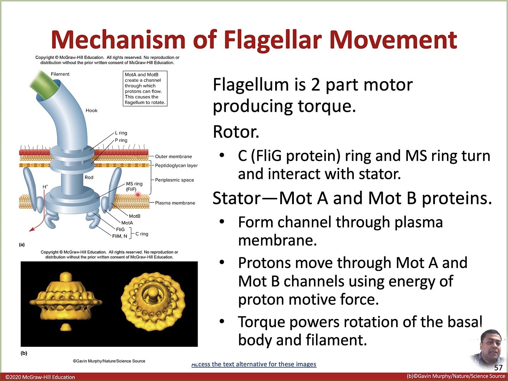Right here is the periplasmic space, and there are plenty of electron transport proteins present in the plasma membrane. These electron transport chain proteins move the protons, or H+, from the cytoplasm into the periplasmic space. By moving these protons, which are not shown here, they form a gradient of protons: more protons in the periplasmic space, fewer protons in the